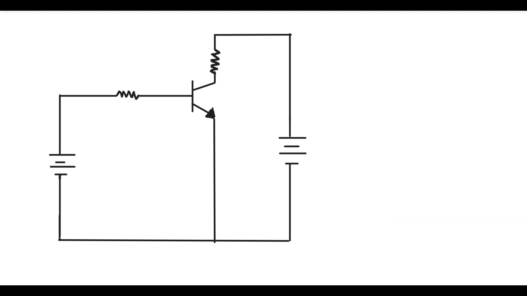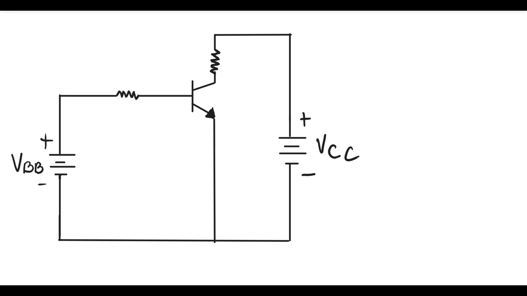We have here a circuit with two voltage sources, two resistors, and one NPN BJT. On the left side of the circuit is a voltage source which we will be calling VBB. At the top is the positive side, which is the longer line, and at the bottom is the negative side, which is the shorter one. On the right side of the circuit is the VCC, and at the top we have the positive, and at the bottom we have the negative.